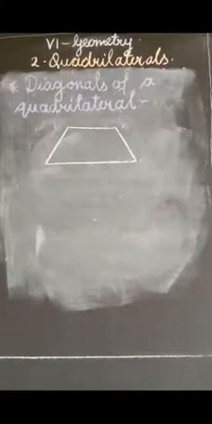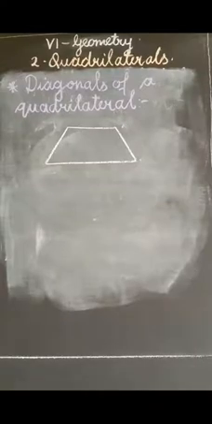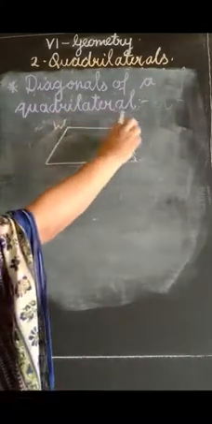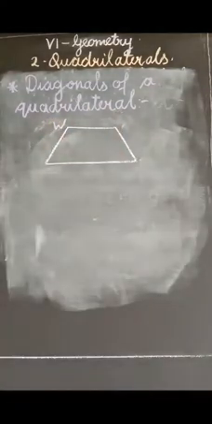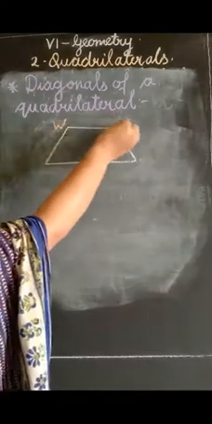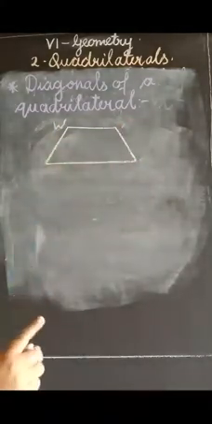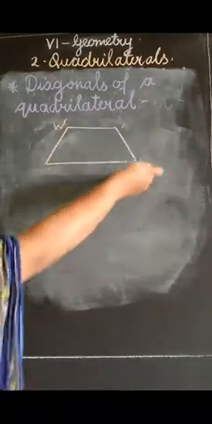So now let's begin with the next point, that is diagonals of a quadrilateral. Okay. So I have drawn a quadrilateral but I have not named it. So first we will name the quadrilateral. So children, always remember, whenever you are naming the quadrilateral, start from one point. Then write the names in clockwise direction or write the names in anti-clockwise direction. Don't write in this way: W, suppose X, Y, Z. In Z formation, never name the quadrilateral. You have to name it either clockwise or anti-clockwise.